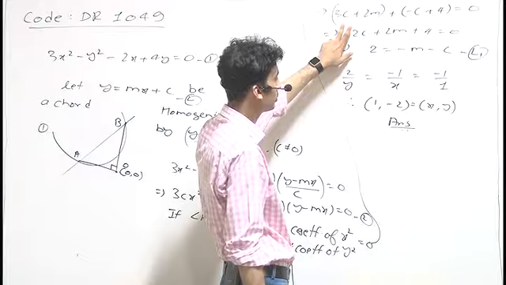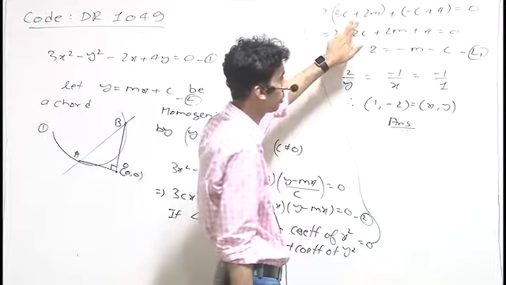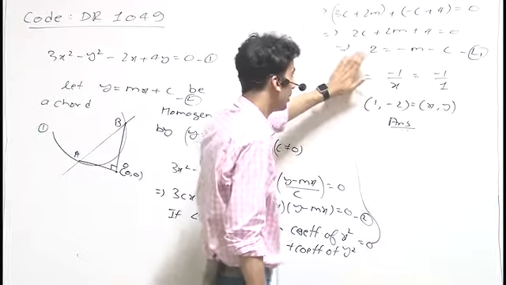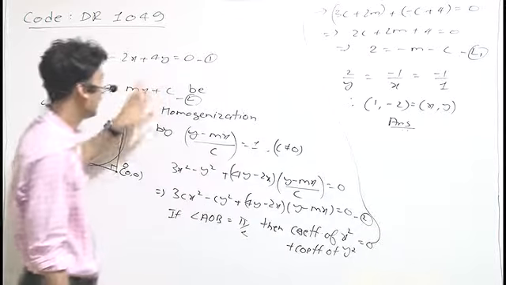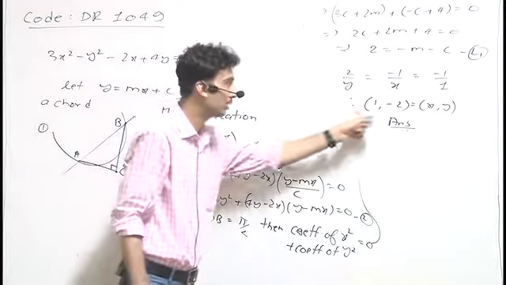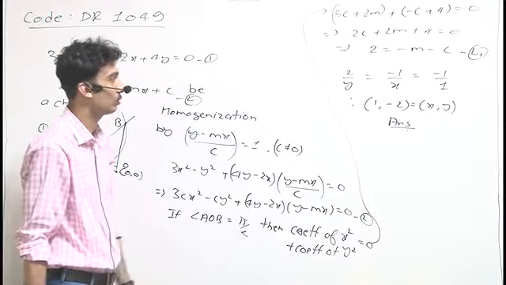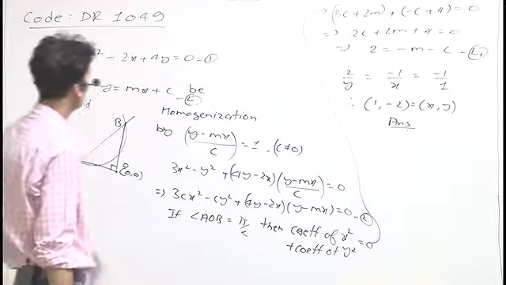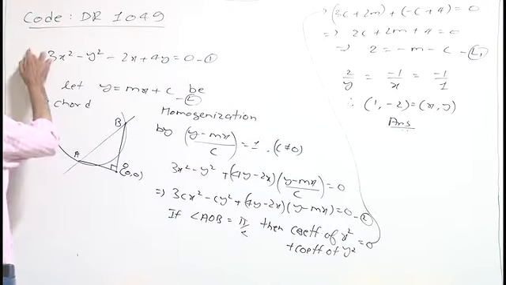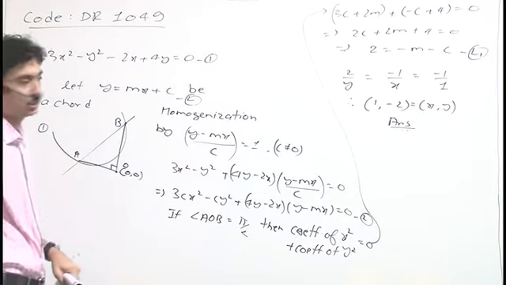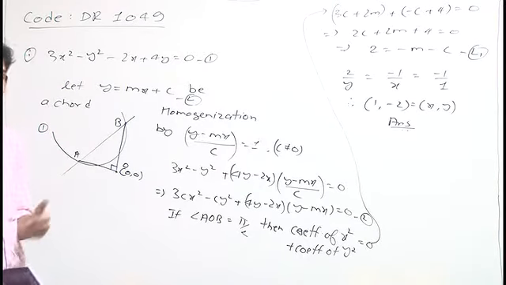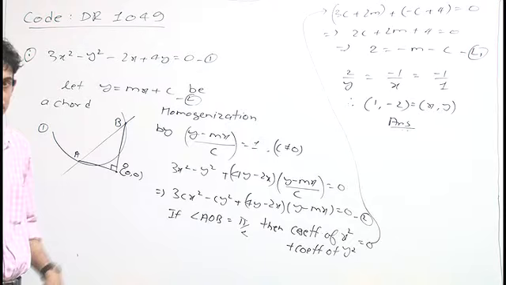Then the coefficient of x squared plus the coefficient of y squared equals 0 gives this. Now we have another relation in c and m. If we compare relation L1 with L, then we will have the point (1, minus 2). So the required point is (1, minus 2). Remember, this is only the first part of the given question. We have one more part in the question in which we have some other curve and we have to show a similar result.